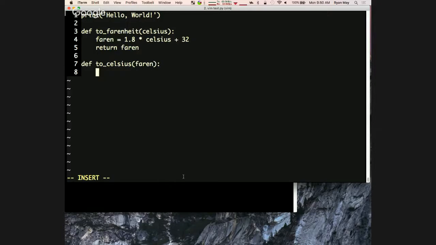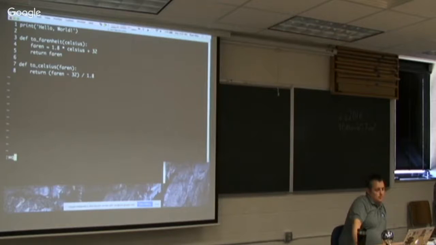All right, I'm going to define a new function, and I'm just going to do the one-liner here because I'm lazy. Return. If I were to say, following his question back here, 32 decimal, would that cause a problem? No, that would not.